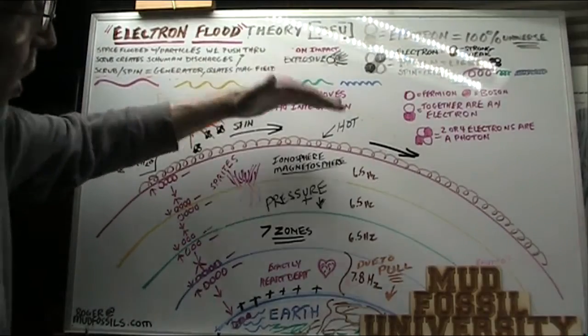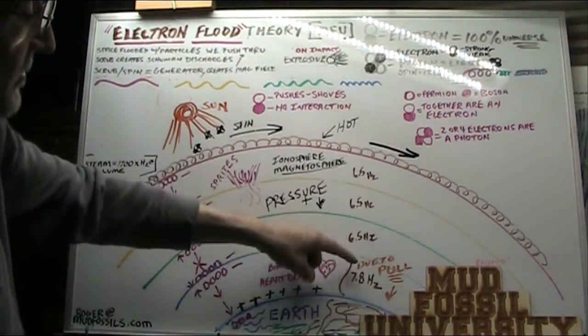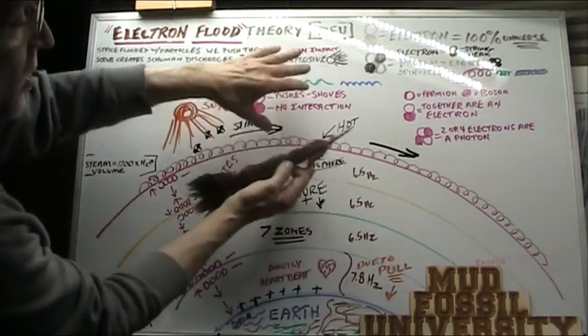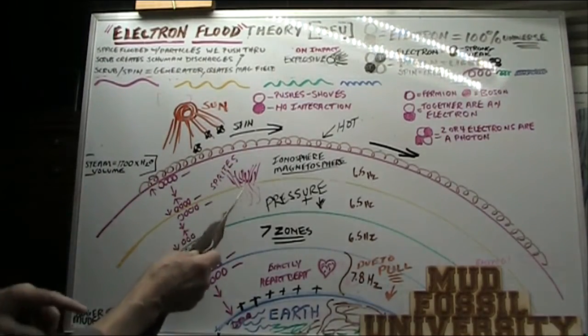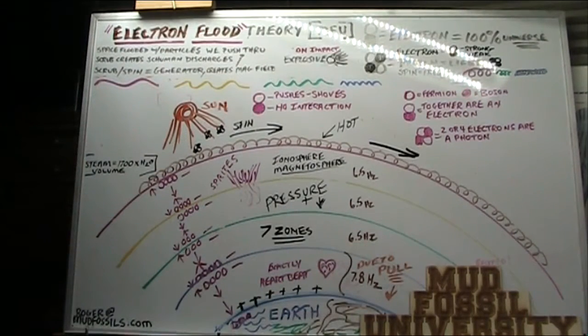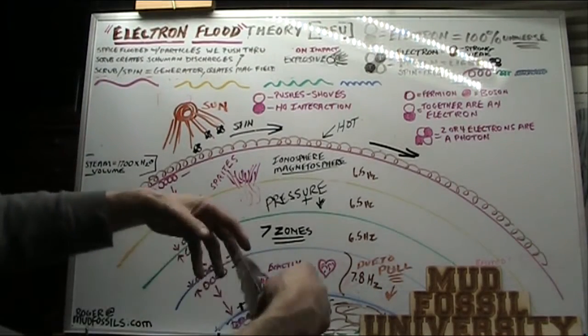So if we scrub harder, that's going to change this. That'll change this. If we build up more and more electrons in there to keep pushing back harder, which we are right now, that's creating these sprites and blue jets that are trying to push the electrons back up because we don't want them anymore. We don't want the damn things. We're so loaded up down here. We're overheated. We have fires. We have hurricanes. We have floods.